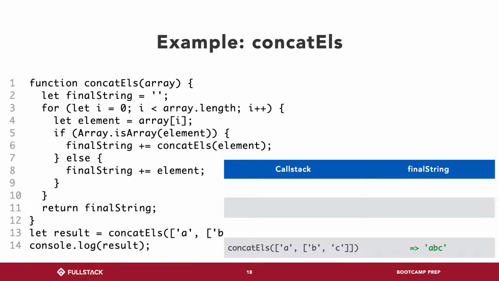Yeah, but it's not like it's some internal external thing. It's more like it's sequential. First it's A, then it's BC, then you add those together, pretty much. Yes. Every time you call, that's your instance. Every time you make that call on line 6, you write it down in your call stack. That's your instance. And then you keep track of what that final string is going to be until you reach